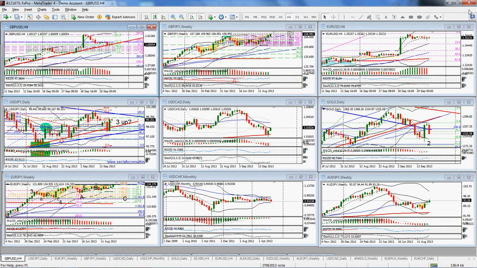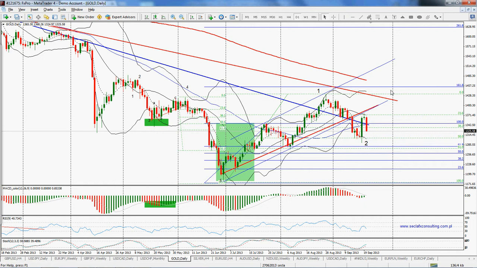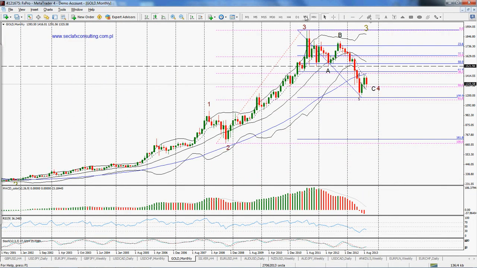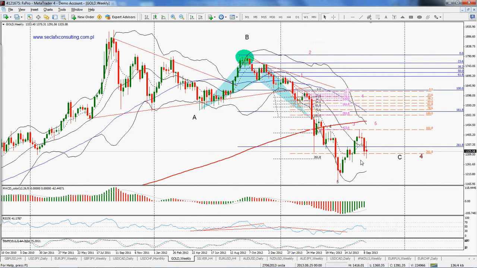So I think that the market may react to the upside again before it starts falling to the downside. So that's my opinion. Okay, and gold, the monthly. Okay, this MACD indicator, I've already talked about it. We've got a doji candle on the weekly chart,